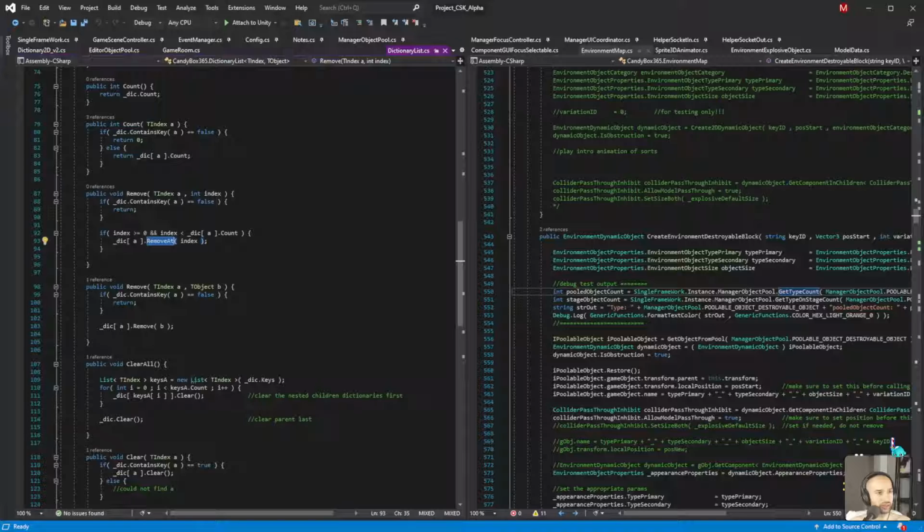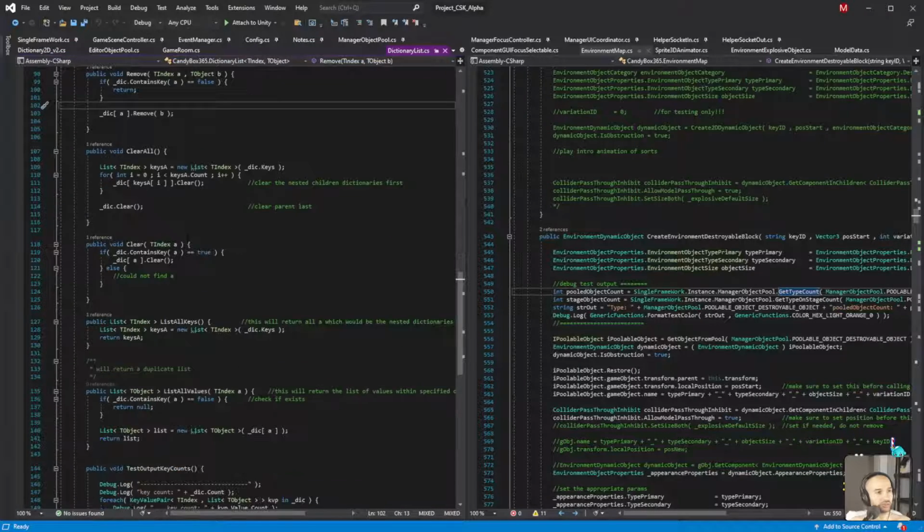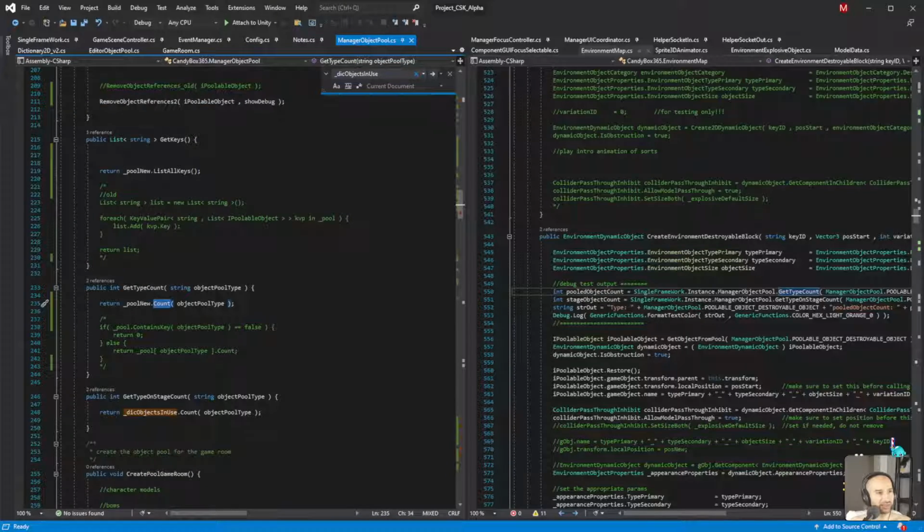Let's remove index and then remove object. Same idea. Checks if it exists, removes the object. Clear is clear. Okay, so this, I don't think it's that, but